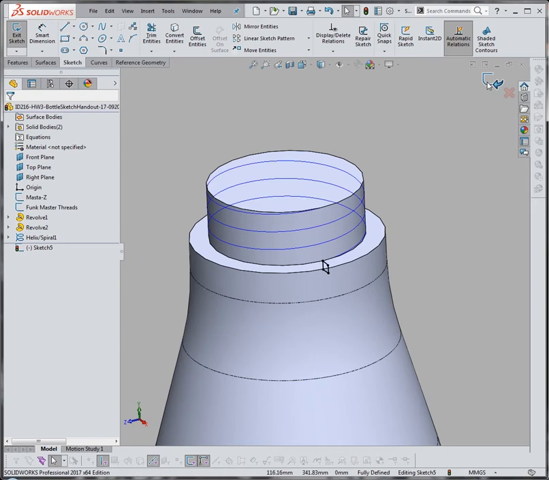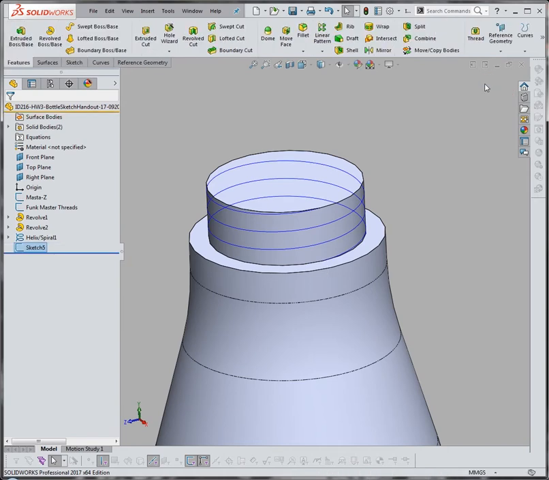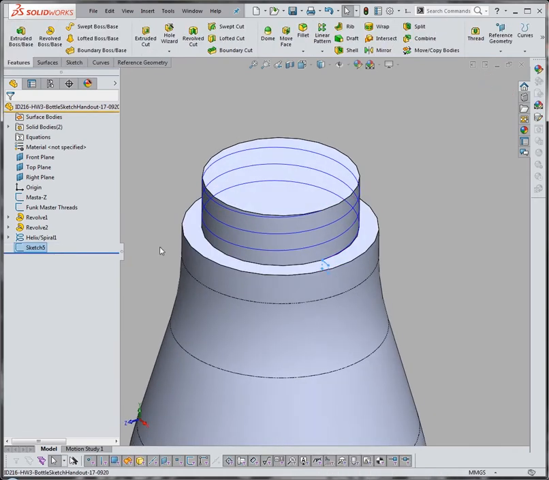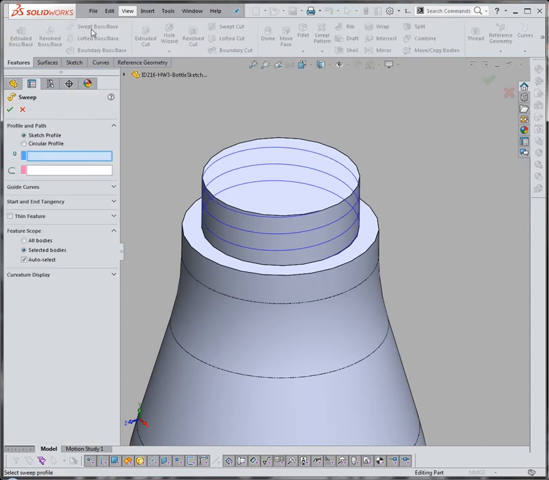You'll have to exit the sketch to do this. So I'll complete my sketch by clicking the blue arrow. And I will click in the workspace a couple times, hit escape, make sure you have nothing pre-selected. I'll click on Swept Boss / Base. And both of these should be blank. Now, take a look right up here. This seemingly innocuous